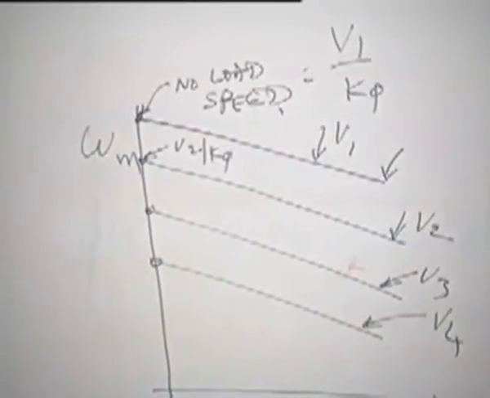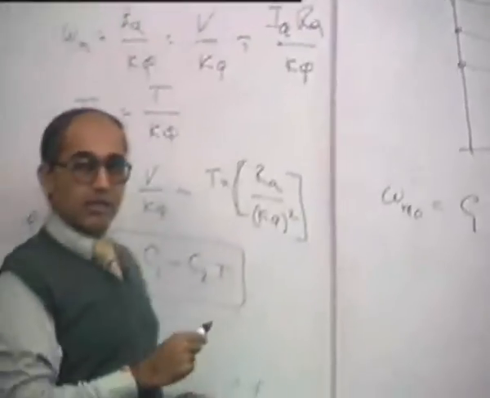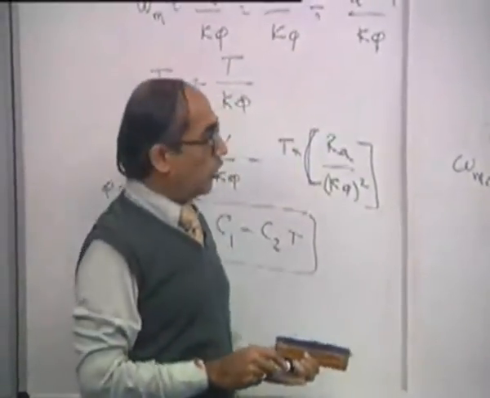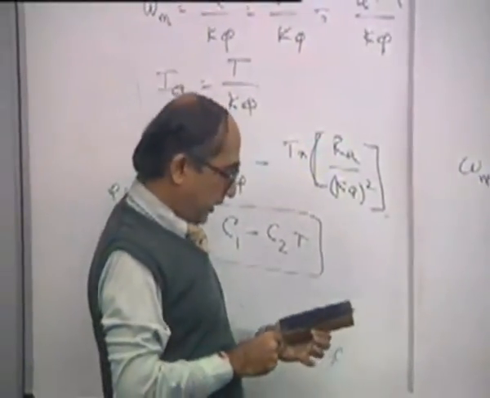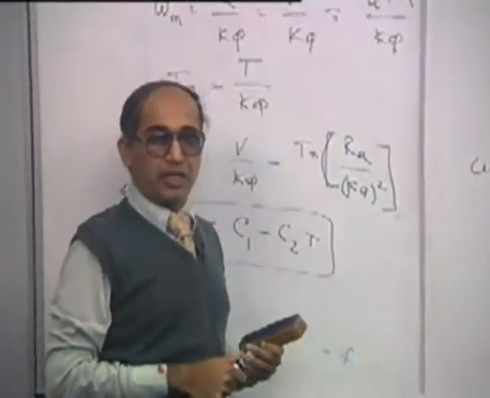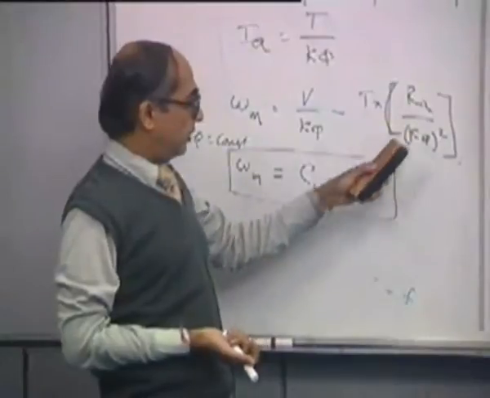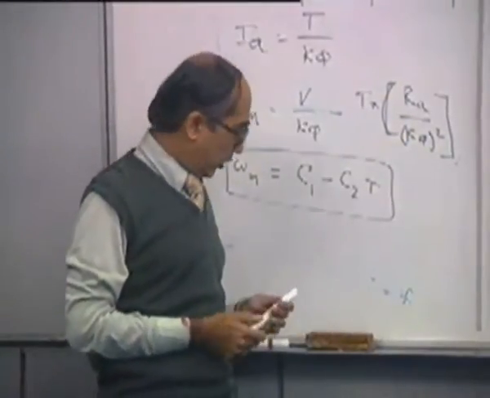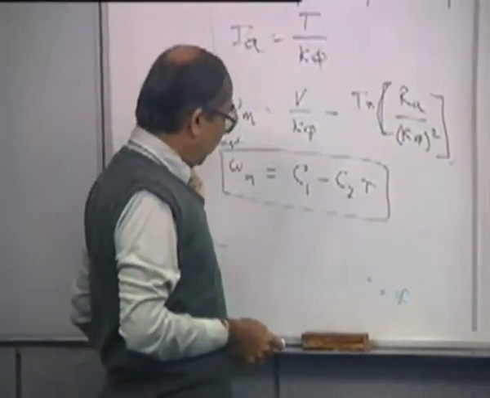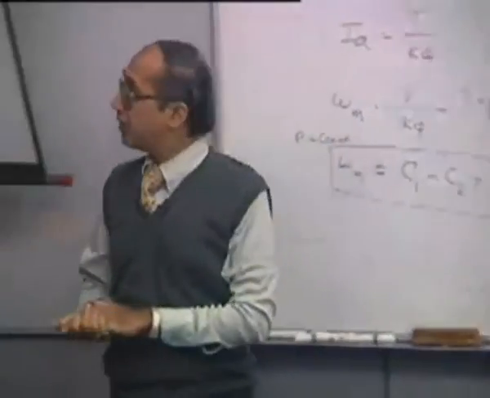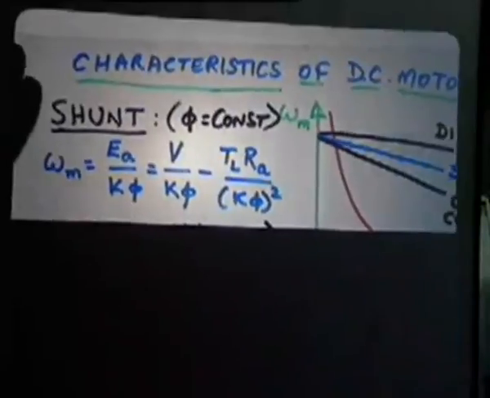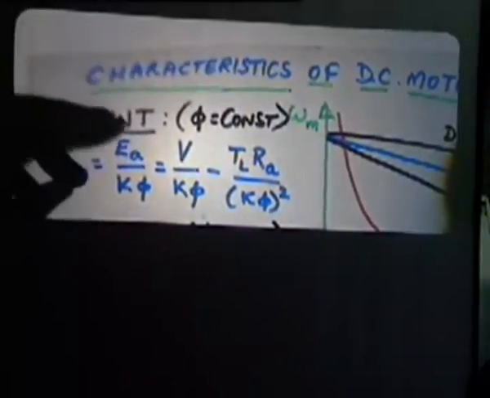And why is the drop? The drop is due to the resistance. Now of course there could also be an effect of the armature reaction on load, which also has the effect of modifying the flux and so on. Okay, so with the equation we have derived here, we get the shunt characteristics. Let us look at the series one.